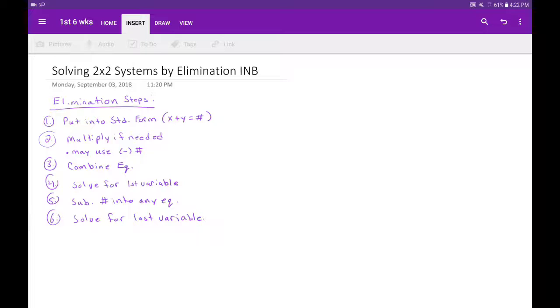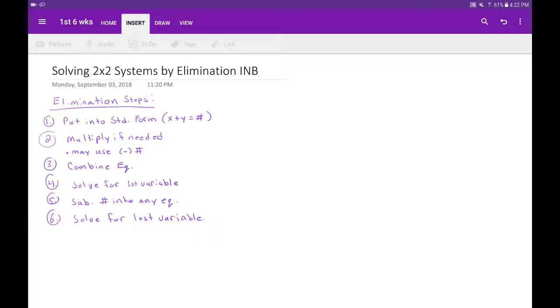Step 3 would be actually combining the equations, like a big addition problem. Step 4, we'll solve for the first variable, because when we combine them, it should eliminate one of the variables, which is what we want them to do. That's why it's called elimination. And we'll solve for the first variable. Okay, that'll equal a number. We'll substitute that number into any equation, just like the last step in substitution,